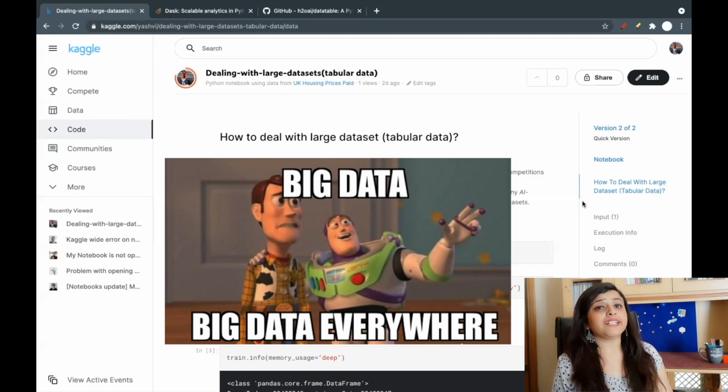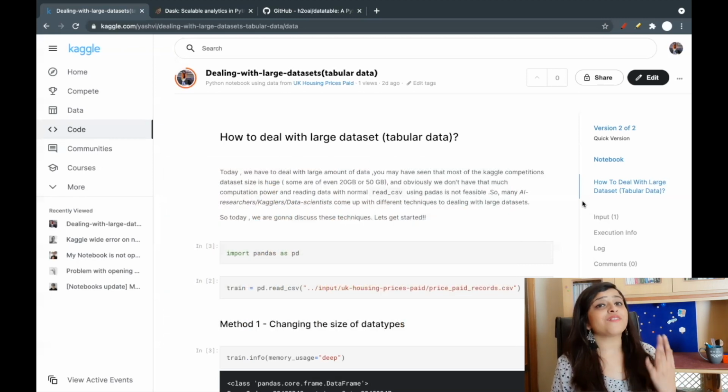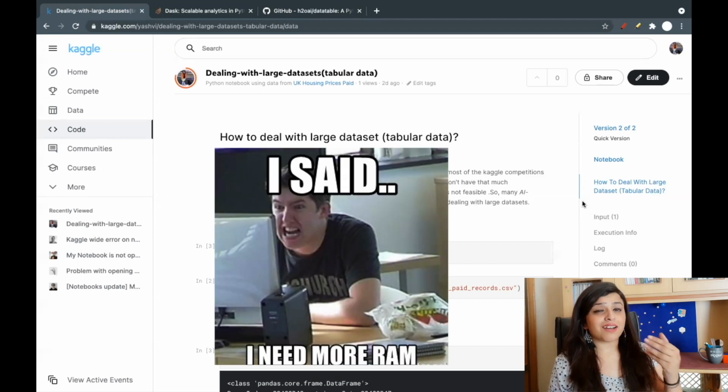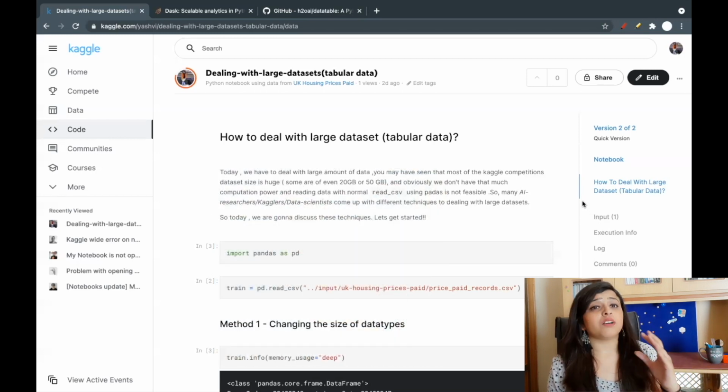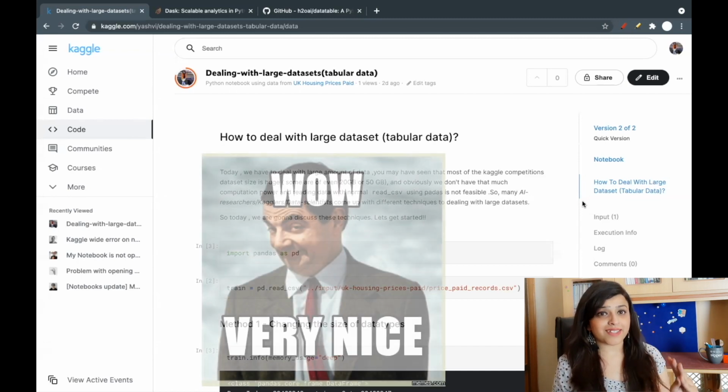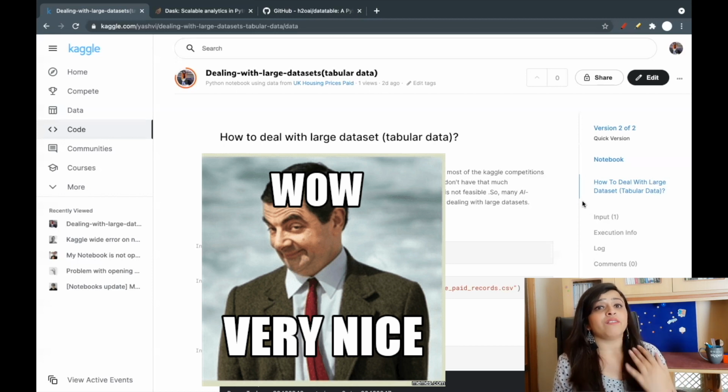So nowadays we deal with very large data sets like 2 GB, 5 GB, 10 GB or 50 GB. When we have data sets larger than our RAM, like we usually have 8 GB or 16 GB RAM, we cannot load that huge a data set into our 16 GB RAM. So what can we do? Obviously we cannot afford over 16 GB RAM. At least I cannot, not even a virtual one. And I know there are so many people who struggle with large data sets. So I created this video in which I will discuss how we can load such huge data sets in our usual RAM, like 16 GB RAM.